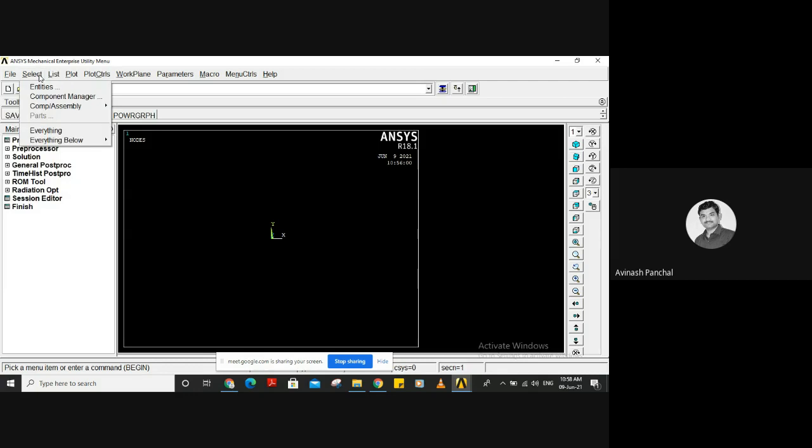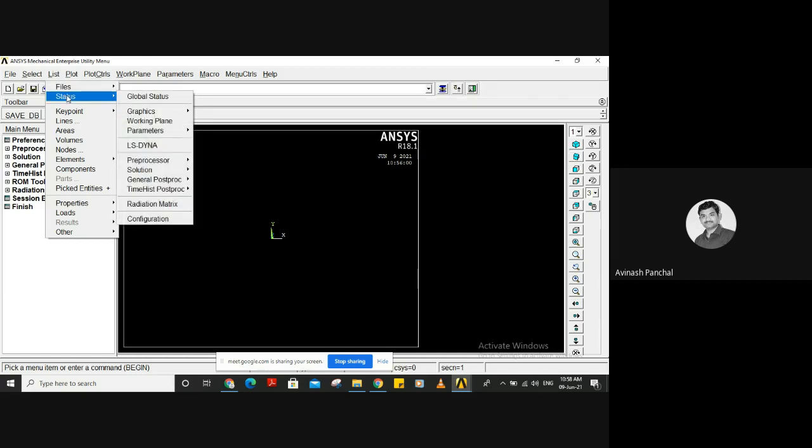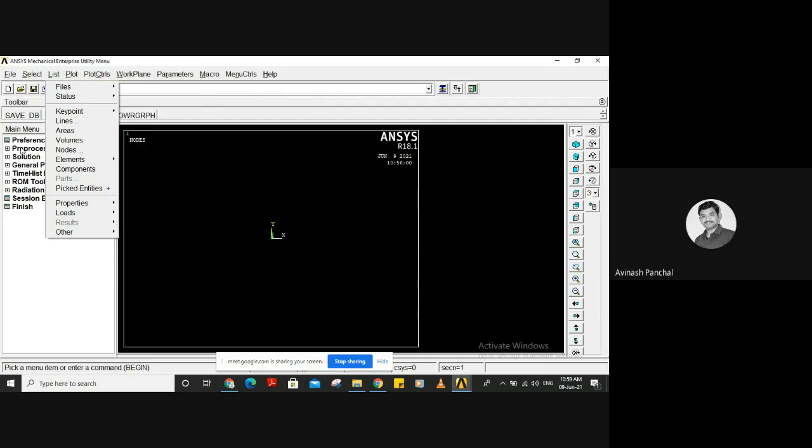Okay, from select, we can select the entities, then list, file, log, status. Here also we can see the LS-DYNA, we can go with that. Then preprocessor, whatever things are available over here in the main menu.